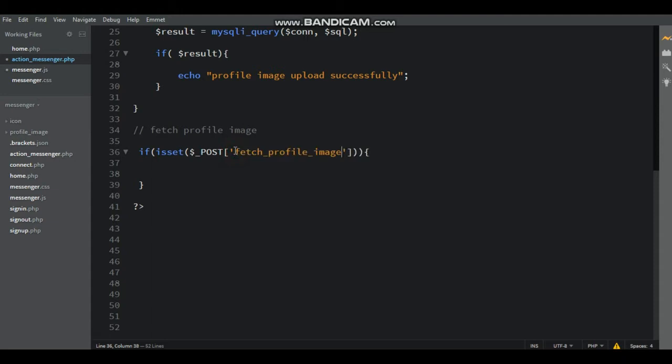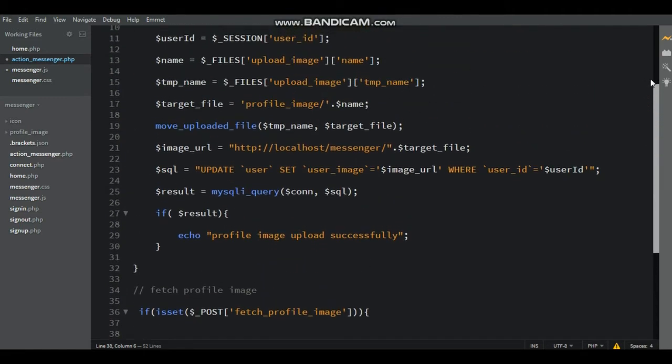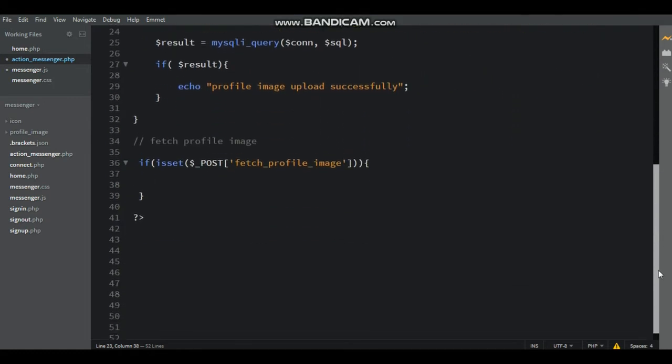Here method is post, and then copy the user ID, here that is session user ID.